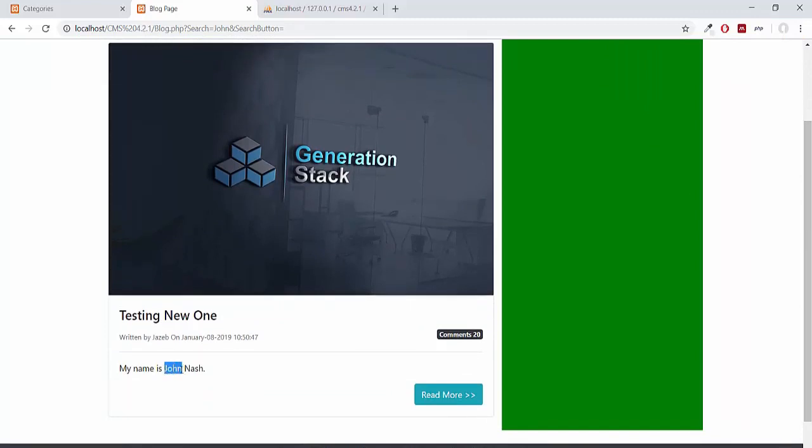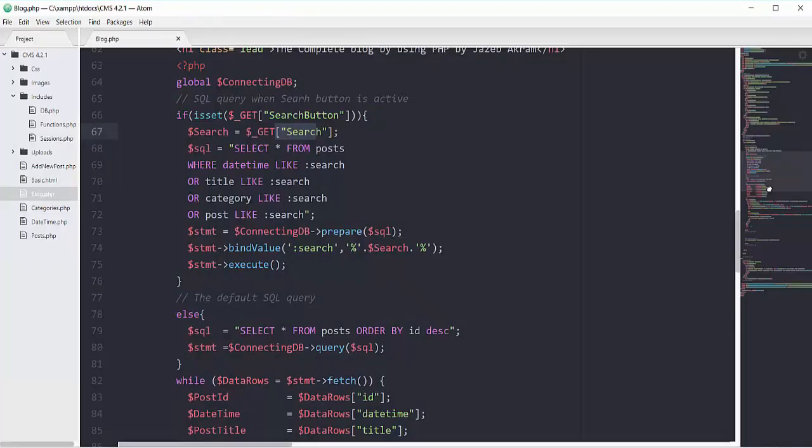So it's checking in my title, in my date and time, in my text if it can find the searched data. Let me summarize all of this. I divided my blog page into two scenarios. One is when my search button is active, and I said when my search button is active, the STMT object will be this STMT execute, and you will have this SQL.